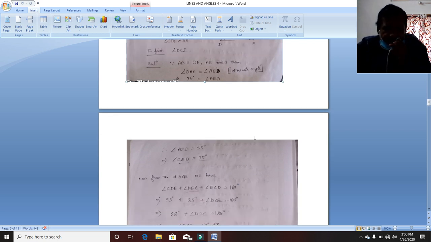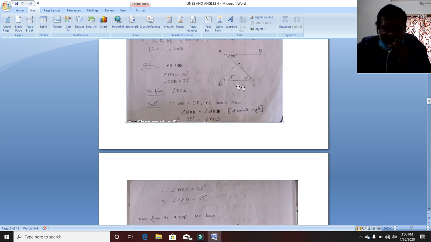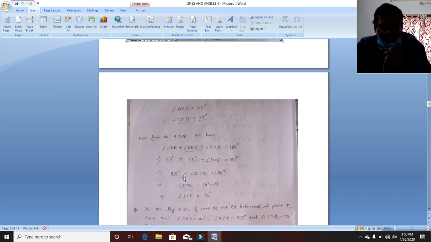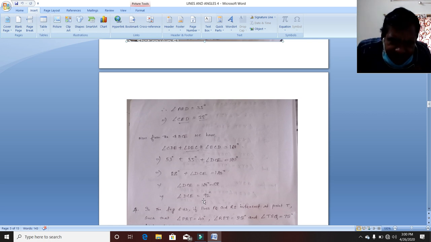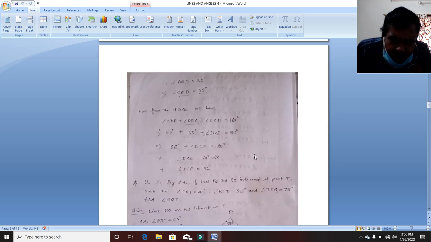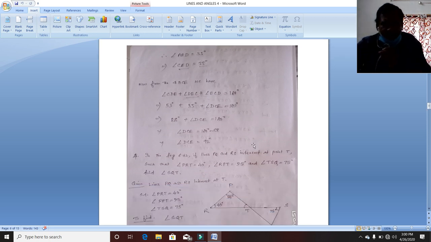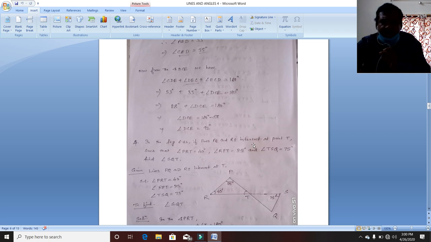Now you see, from the triangle DCE, I have to find this angle, yes or no? DCE, this angle I have to find. So you see, these angles I know. The sum of three angles is 180 degrees. So from this I am substituting the values and transposing. I am getting the value as 180 minus 88. So it becomes how much? 92 degrees. So I have calculated this one also. Yes or no? If you have any problem, you can ask me. I have done all the things nicely so that you can understand.